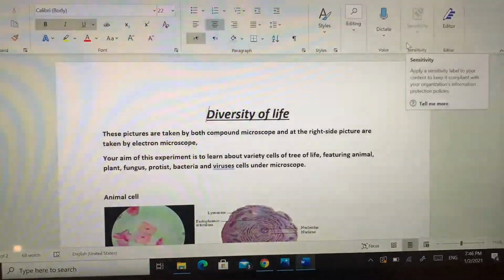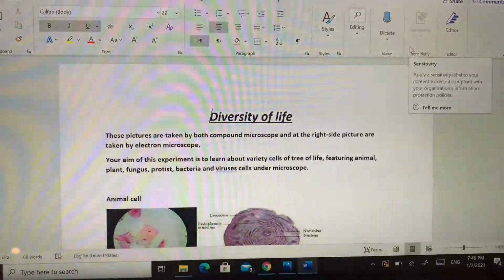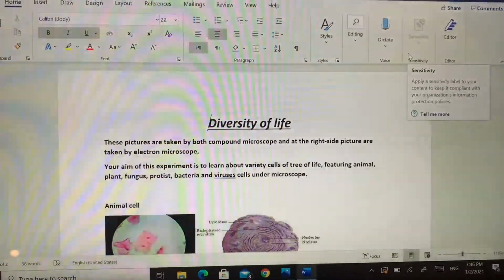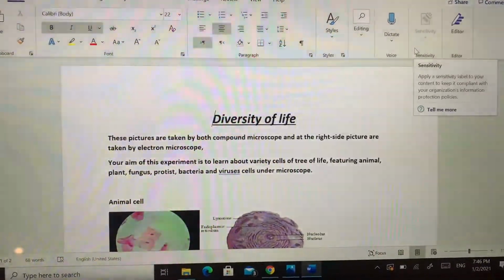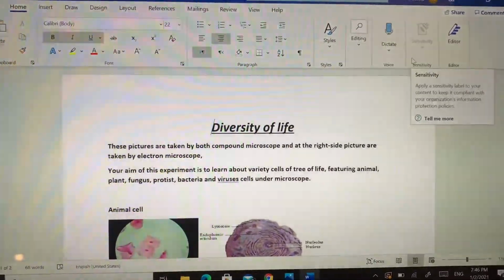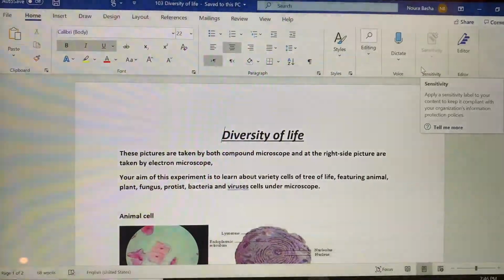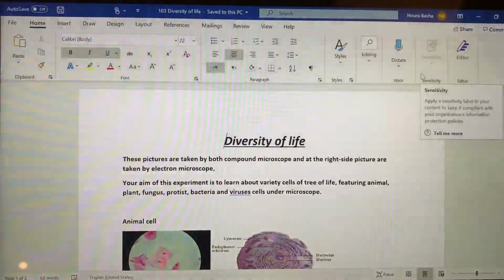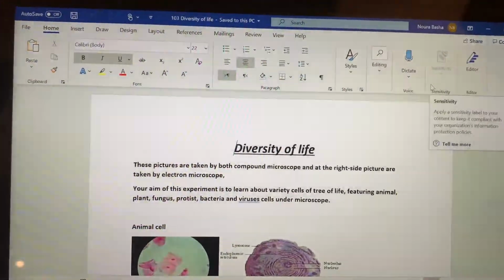Hello students, today I will experiment about diversity of life. I won't be explaining much. It's very simple experiment along with assignment. No lab report is required, just only assignment where you have to draw a different shape